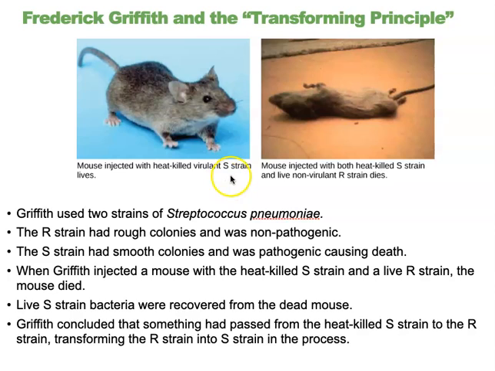So he takes this S strain, which is smooth colonies and is pathogenic. So you actually have smooth colonies of Streptococcus pneumoniae in the bacteria. Heat treat it, boil the snot out of it is what he did, right? And he stuck it inside the mouse. And you know what happened here. We changed the 3-dimensional shape of the proteins on the smooth rounded bacteria, and the mouse is just like, yeah, I'm good to go. Now, you can also throw in the fact that the R strain has rough colonies